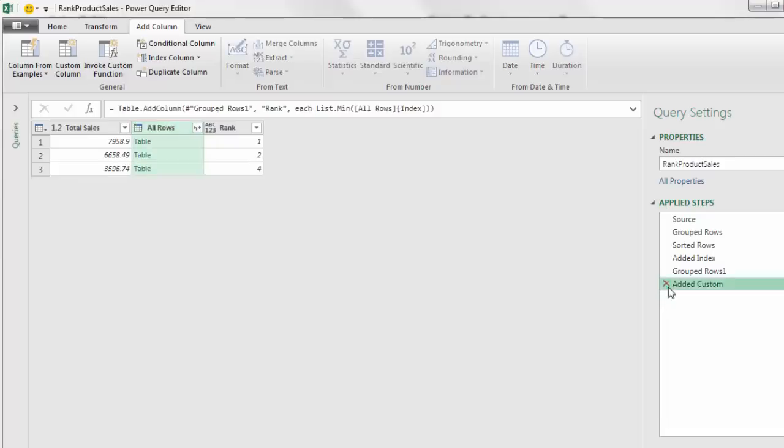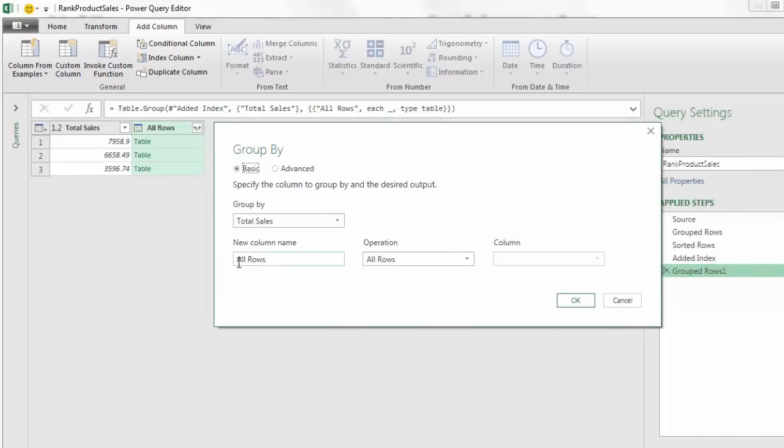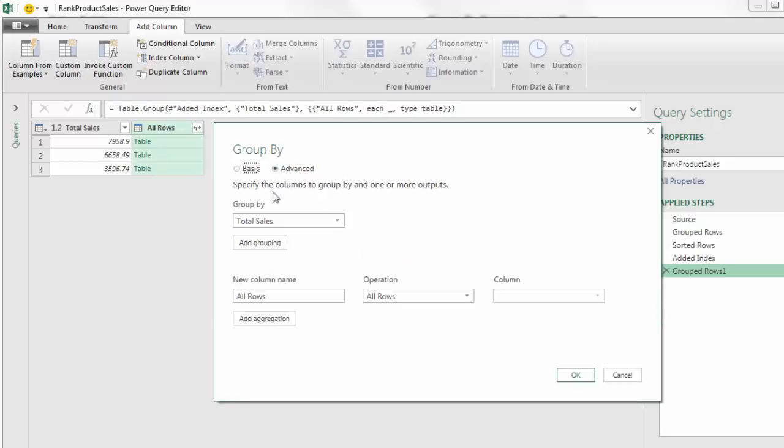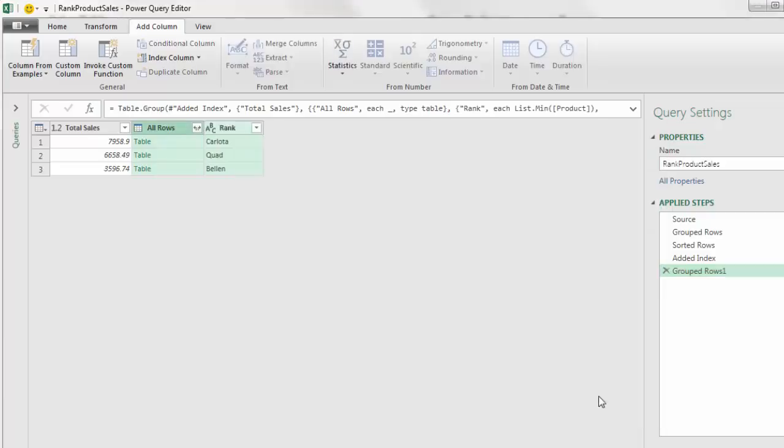I'm going to X out, double click group rows, because guess what? Even though we needed all rows to expand later, we could have done our min calculation right here. Let's click Advance, Add Aggregation. This will be Rank, Tab. We'll get our min tab, and we're going to use the index column. Now when I click OK,